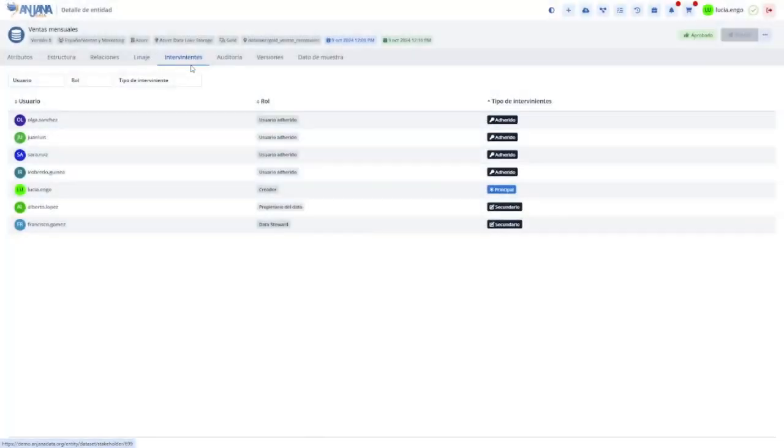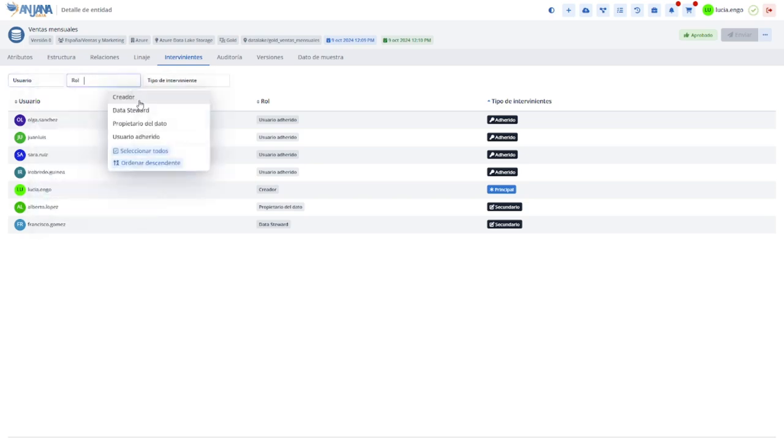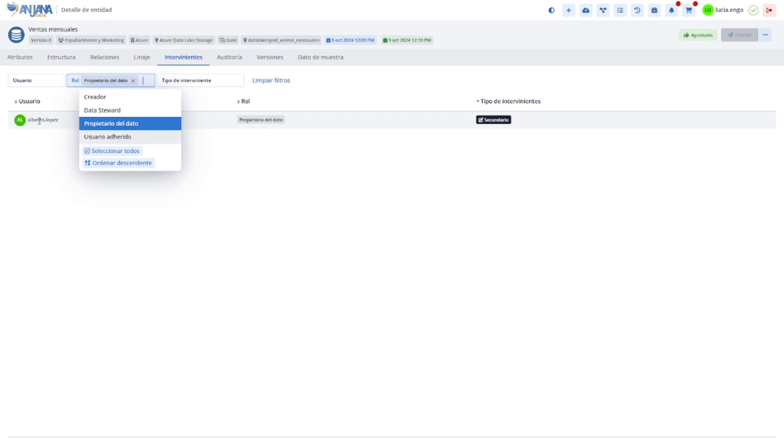If we continue moving forward, one of the things that is also extremely useful for data governance is precisely knowing which people have a role of responsibility in case we detect quality problems, a lack of data, or any other issue. We will want to contact those responsible. From here, we will be able to consult who the different stakeholders are to know, for example, what role a specific person has, or who the data owner is, Alberto, and who the data steward is. We see it is